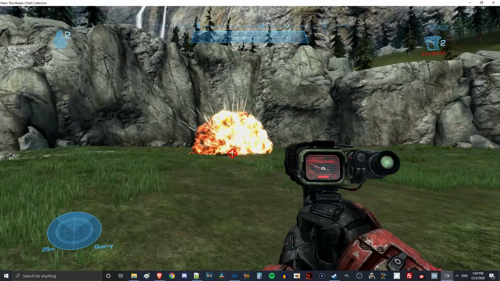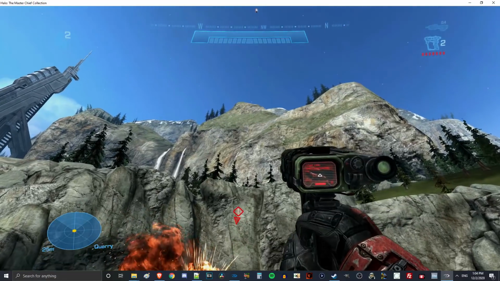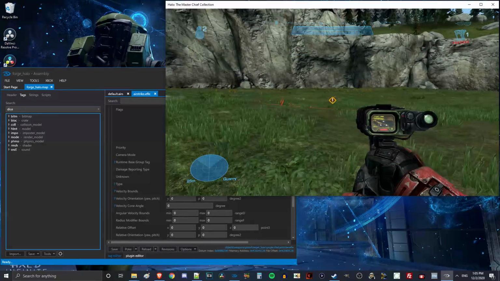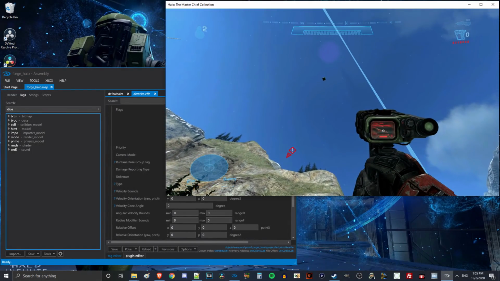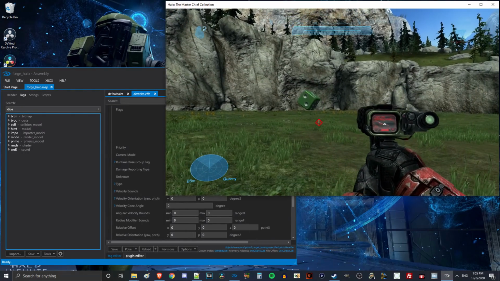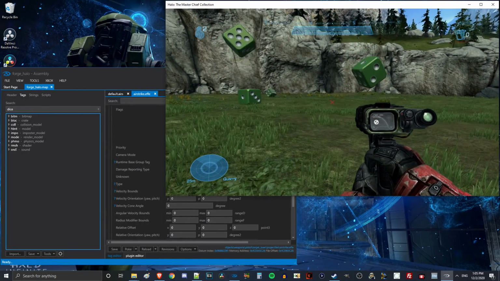It requires the modified map to be running while you're making changes to it in assembly. While the map is running, make any changes you want, then click the poke option. You'll see that your modifications will actually change mid-game. Clicking poke won't save your changes like before, and when you exit the level, all of your changes will revert